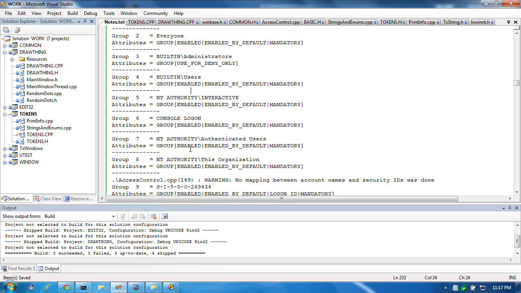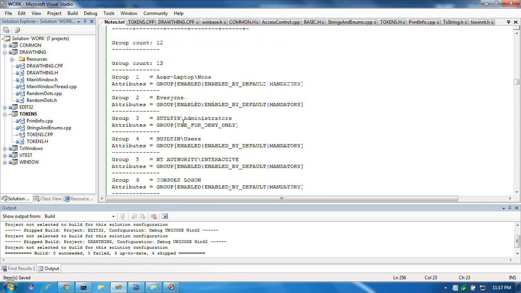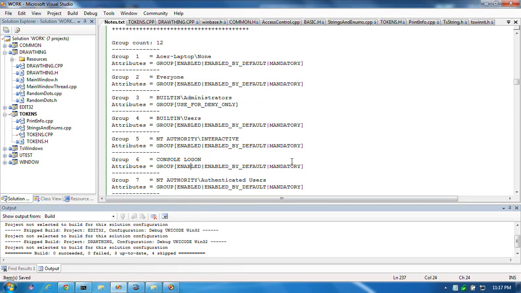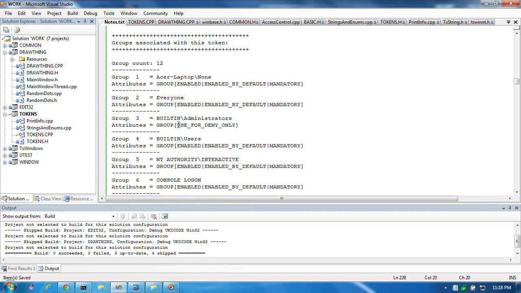Enabled. Oh, there is another one. Okay, all right. So other things can be enabled. However, these things don't deny or grant anything, right? All they can be is enabled or disabled, except this special case